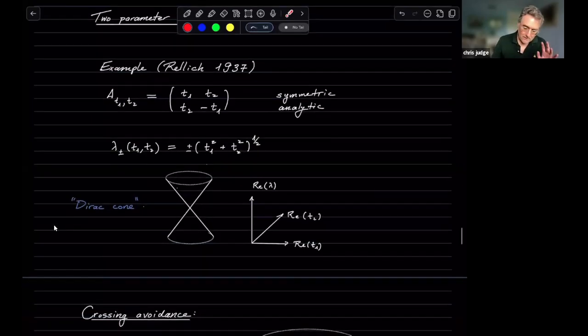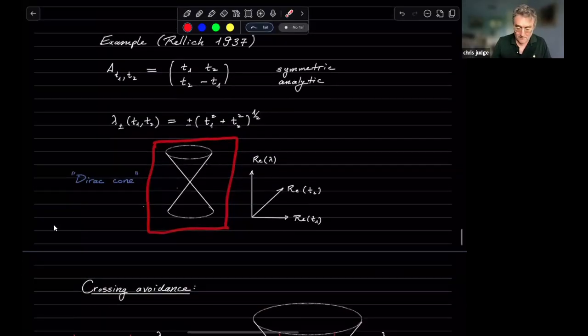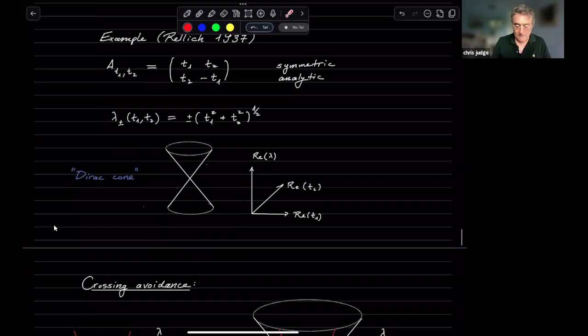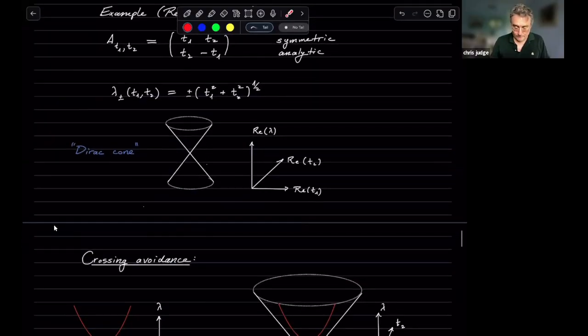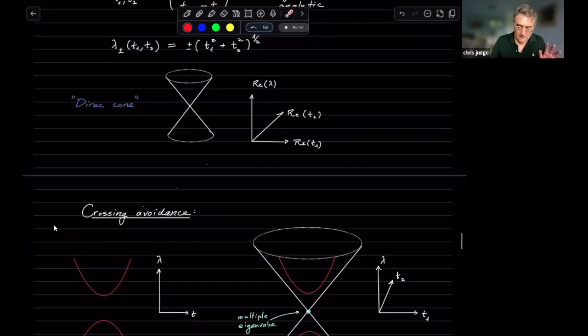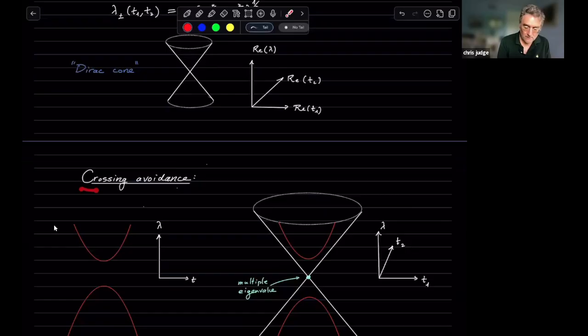But this picture is actually kind of nice. It does have some interesting features, and it is something that you have to deal with. I mean, sometimes you do have a multi-parameter system and you want to understand what's going on. And one nice feature of this is that it gives an explanation for something called crossing avoidance, which is